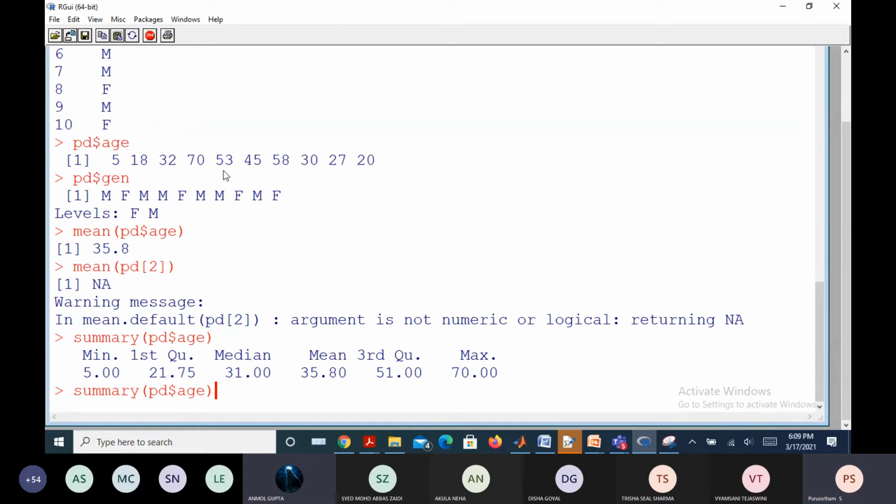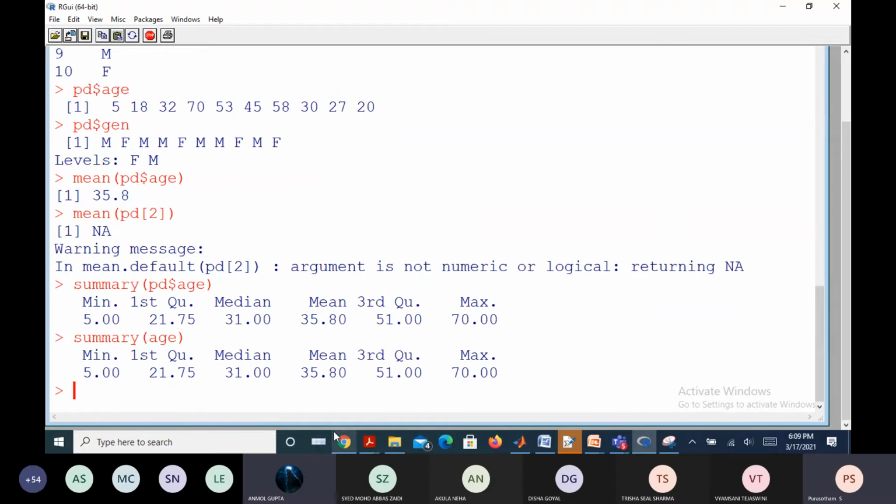Right. This will arrange or rearrange the data in the form of a vector. Yes, sir. But sir, in one of the previous classes, you had taught us that if we use summary with just the variable that we used to store the table in, then also we can get the information about the median and mean. Summary of age directly, is it not giving the answer? Yes, it is giving the answer. This is your question, right?